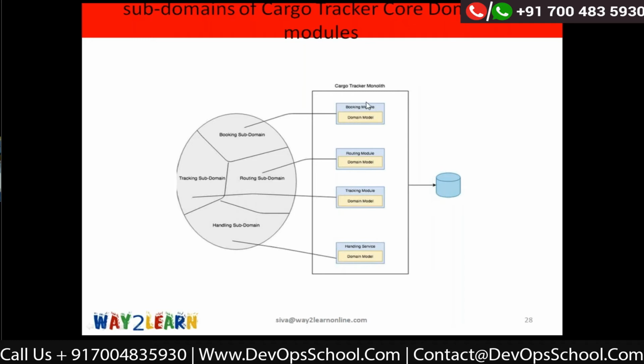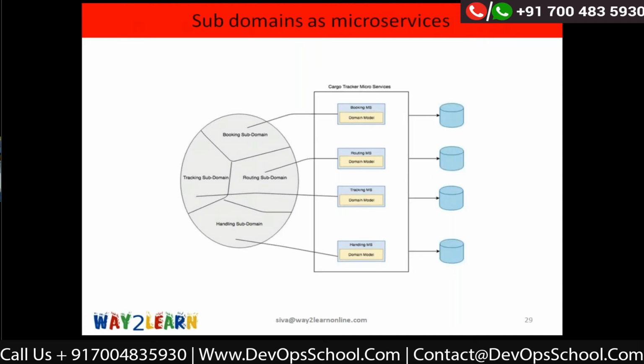See, on the left side, you have the problem space, and you are mapping it to one bounded context. This whole is one bounded context, and each domain will become a module. So if I want to design a monolith, I'll have one bounded context like this. Or if I decide to go with a microservice-based approach, each domain will be mapped to one bounded context like this, and each bounded context may have its own database.